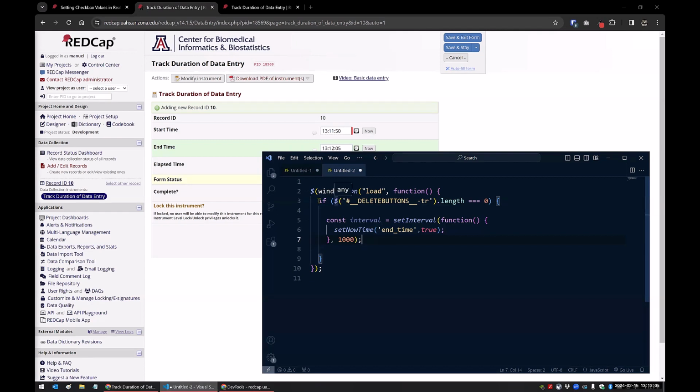And here, what I have is, so the problem was getting it to stop once I've submitted this record. If it would capture the time and you'd close it out, it'd be perfect. But as soon as somebody opened it up, it would just start again, but it would do the current time. So if I open this up 2 days from now, the elapsed time would shoot up like crazy because it would pick the now time as the end time. So trying to figure out how to stop this, what I ended up finding was the easiest way was,